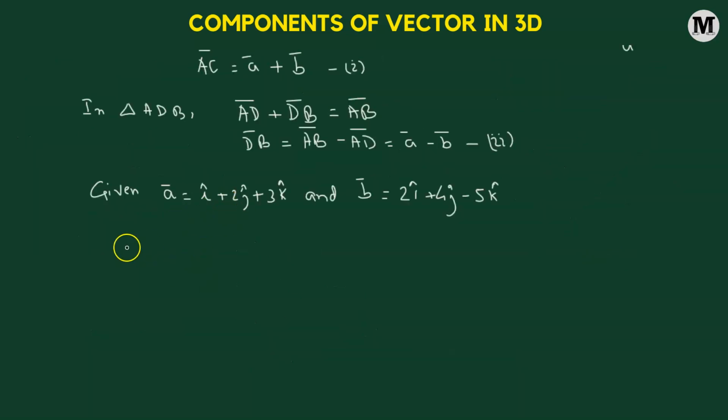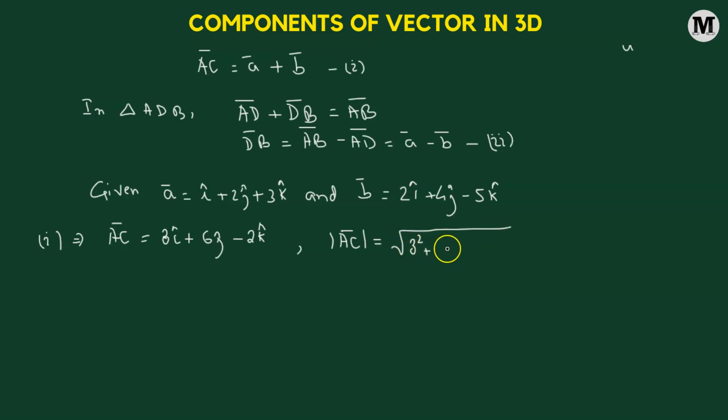So using a vector and b vector, AC vector is going to become a vector added with b vector, so we have i cap plus 2i cap, that's going to give us 3i cap, added to 2j cap plus 4j cap, so that's going to be 6j cap. Then we have 3k cap minus 5k cap, so that's going to give us negative 2k cap. So this is the vector AC. Let's also find out its magnitude. The magnitude of AC vector is going to be equal to the square root of the sum of squares. So we'll start with the coefficient of i cap, that's 3, square it and add it to the square of the coefficient of j, add it to the square of the coefficient of k,